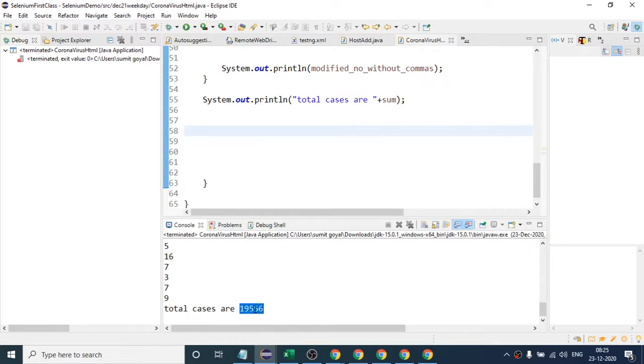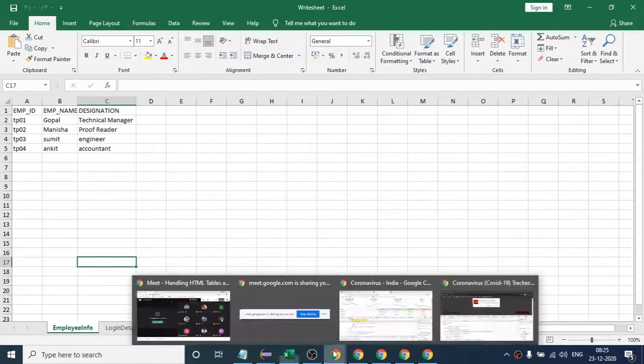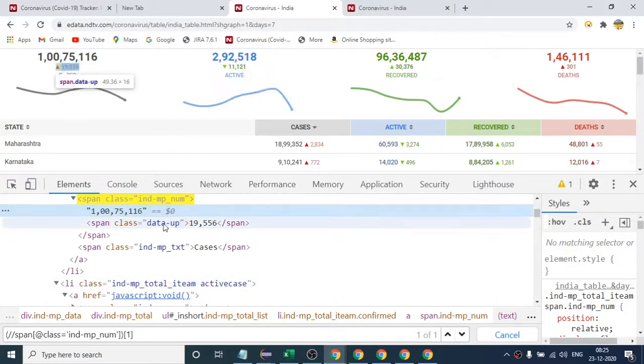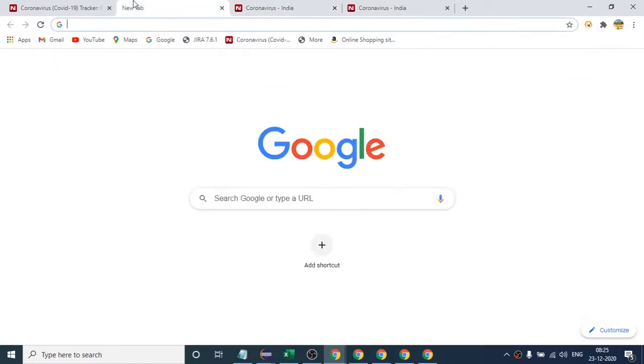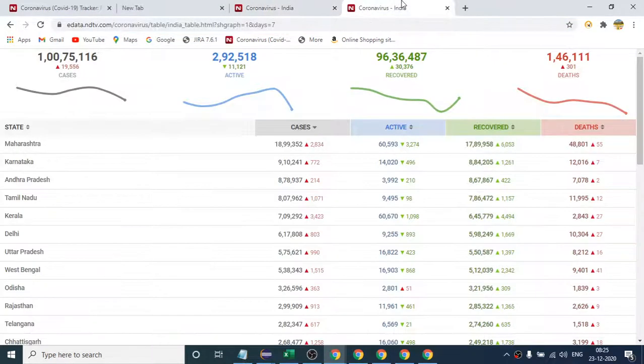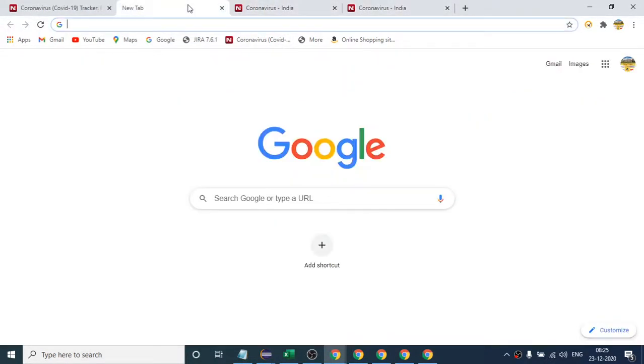Earlier we were getting some other number, so I have changed the code. Once you get the number, you have to write if the number you got is equal to this number or not. You do not have to see it manually every time; it will automatically fail. This you have to do with the help of an if and else condition. Is it clear? Try that. If you do not get it, I will reply on the Google Classroom, or you can ask in the next class.